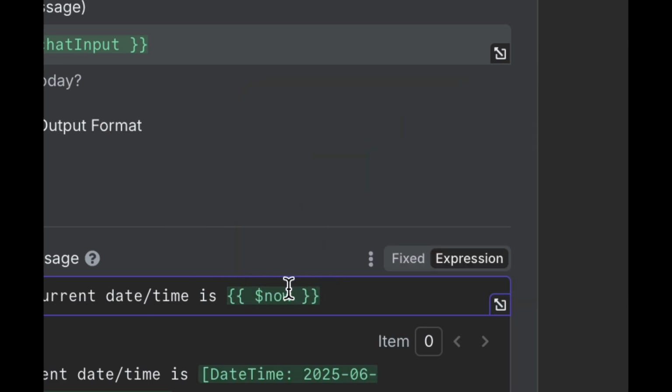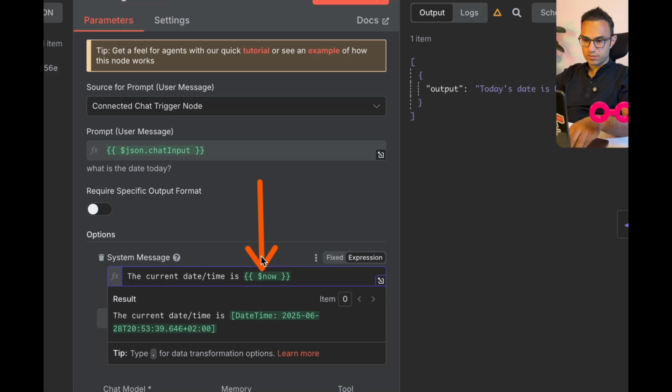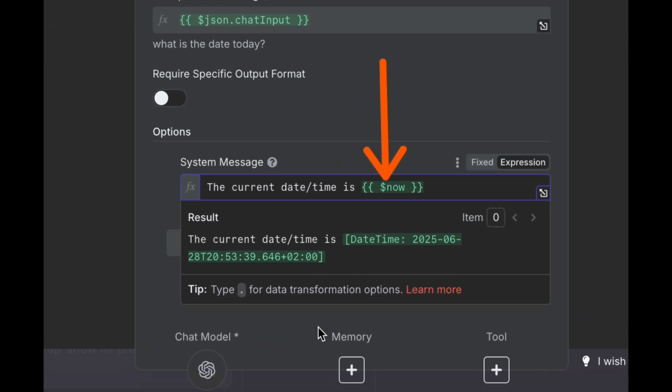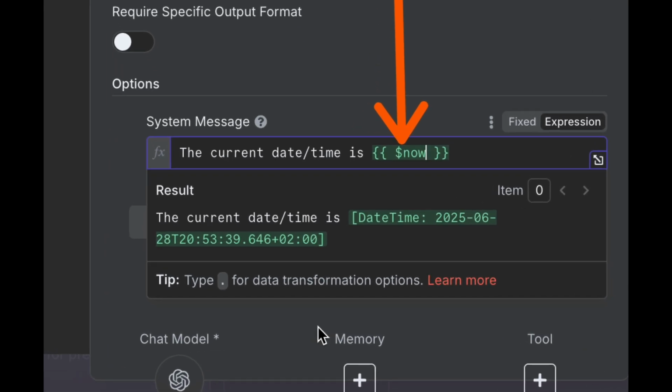If I select it or press enter, you'll see that I have entered a small so-called expression, which is basically JavaScript code, but annotated in a way that n8n is transpiling or changing it and putting something inside this box when it is rendered or executed. So you can see that this is the input and this is the output, what we see here.